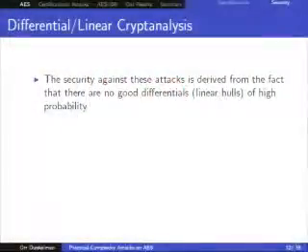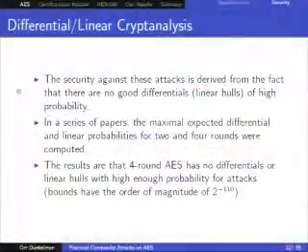Now, the thing is that I'm saying it was believed that AES is secure because there are no good differential characteristics. You start with some input difference. For any set of transitions, the probability of finding something good is very small. Now, the thing is that actually in differential cryptanalysis, we do not usually care about the exact path, what the transition differences were. We care only about the input and the output differences.